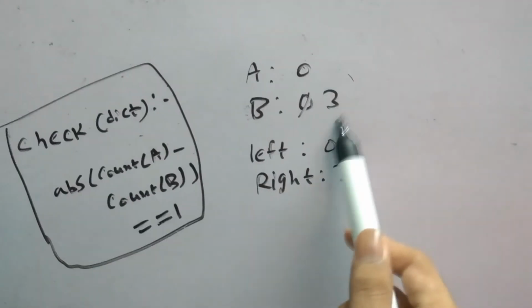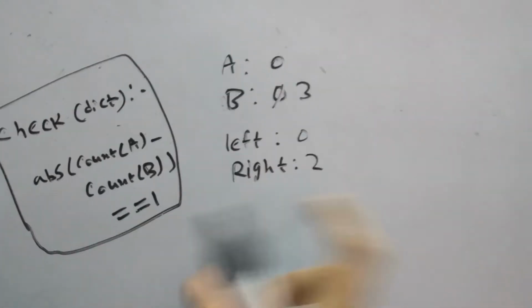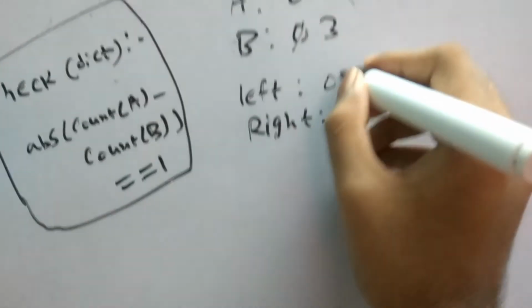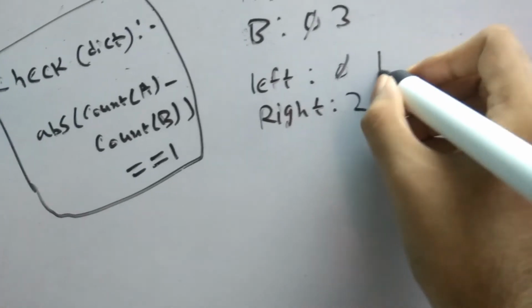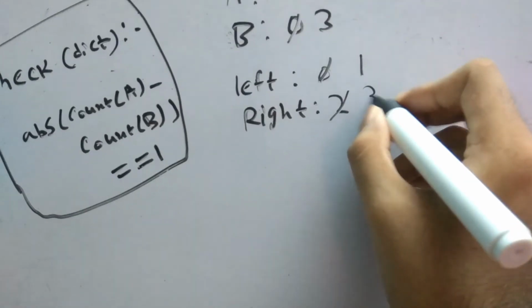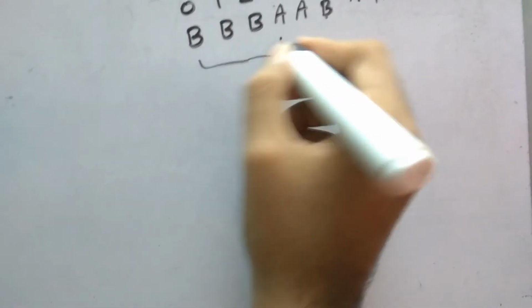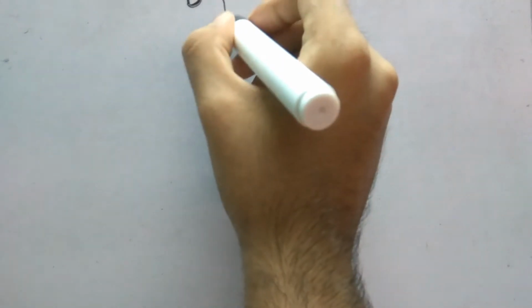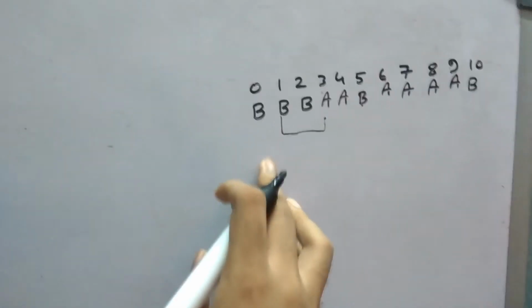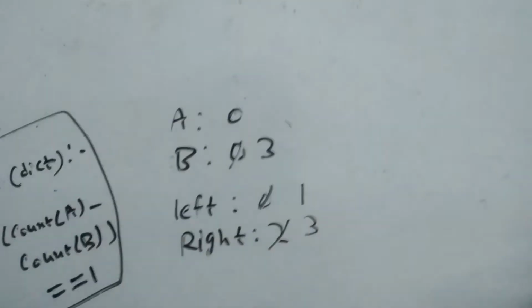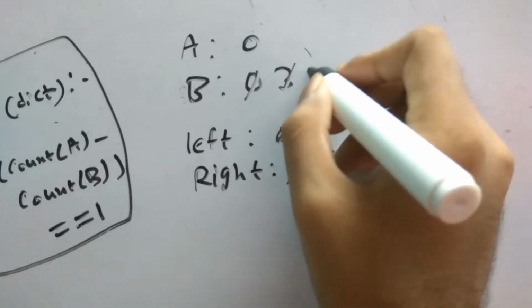So that means this is not a valid string which we can compress, or rather fuse, according to the problem statement. So what we will do is increment both the left and right pointers. We will increment left over here, we will increment right over here. So it goes over here. Now our window shifts. So now it goes here and it goes here. After one shift, we will decrement the count of the left element from our hash map or dictionary. After decrementing, now there are 2 B's and we will include the right element. So now we have only 1 A.